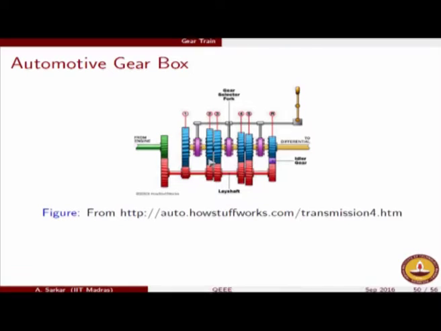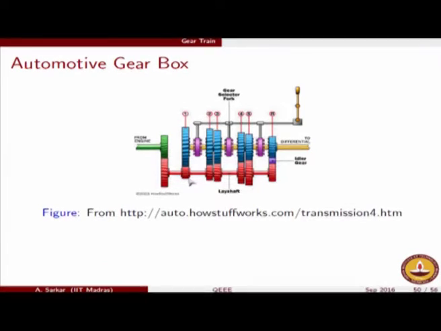That's why it is very important, when you are shifting gears, to come through the neutral. When you are going from gear 1 to gear 2, you have to pass through this neutral, where in the interim period the dog clutch is not making a connection to any of the gears, and the output shaft has no positive drive in it, if at all it is moving because of its inertia, nothing else. Then the dog clutch will engage with gear 2 and the transmission will take place.